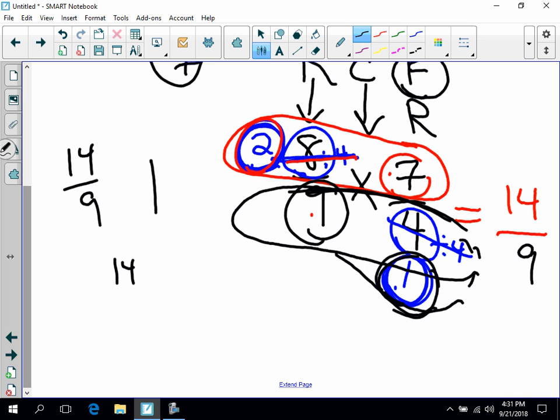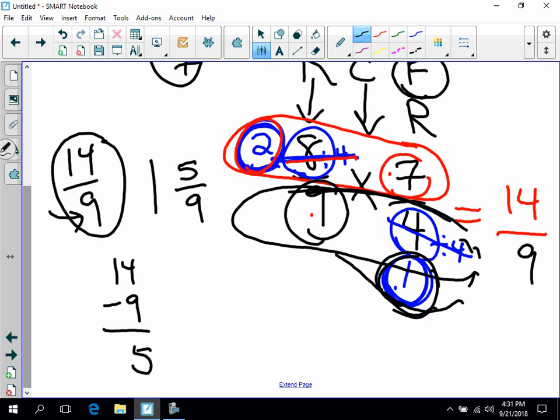Then we need to find the difference between 14 and 9. 14 minus 9 is 5. So we write a 5 here. And then in the denominator, we write a 9. You keep the denominator the same. So you could answer with an improper fraction, 14 ninths, or you could answer with a mixed number, 1 and